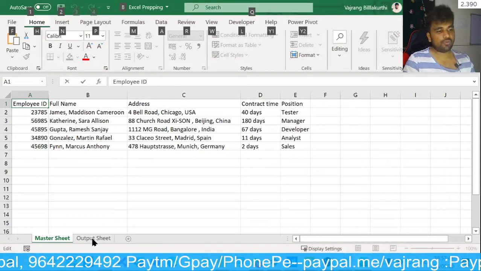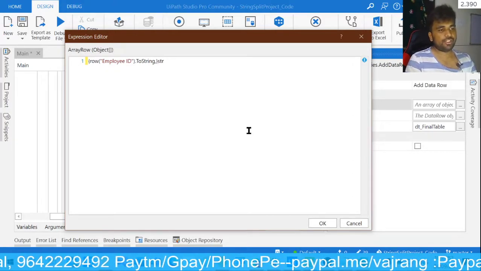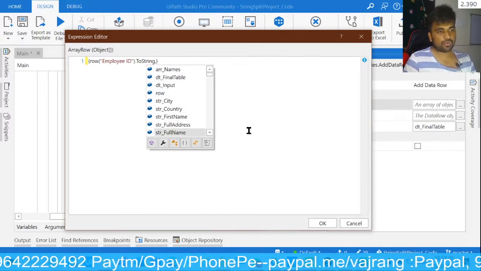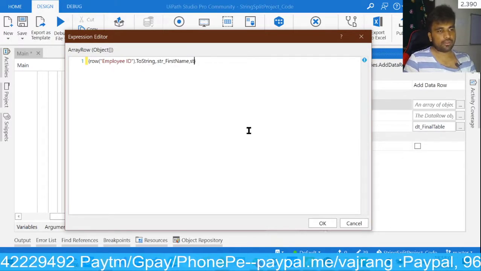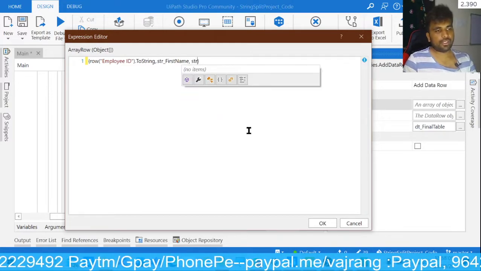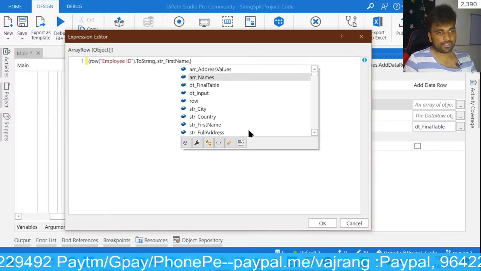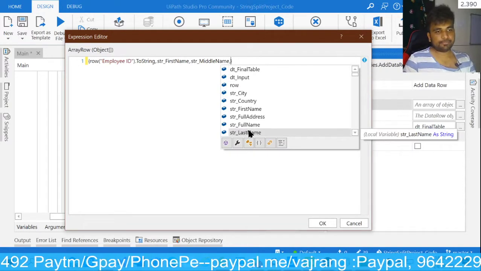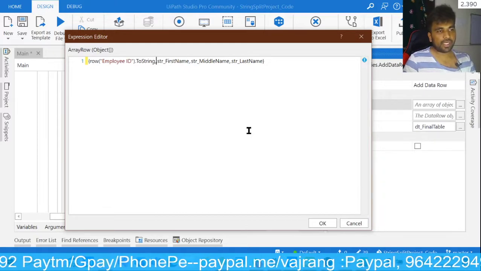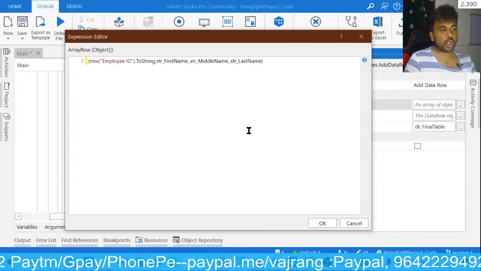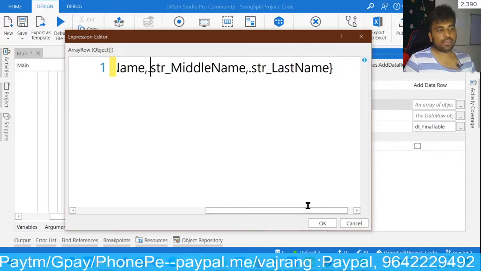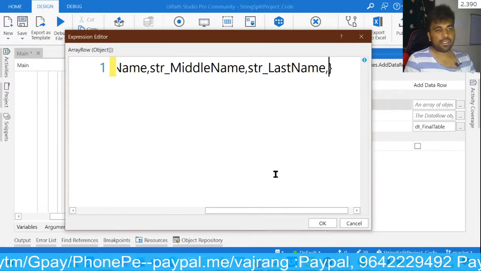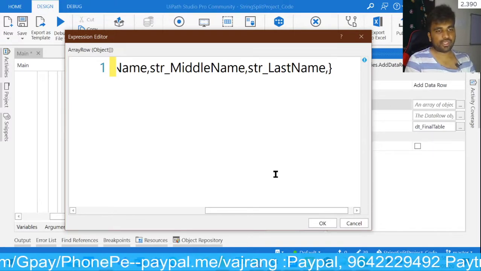And here we need to have first name, middle name, last name, str. Let's go ahead and give str. Okay, we have str first name, comma, str. Okay, since we are not getting the values, let's search for them. Str middle name, comma, str last name. So all the values should be separated by comma, and if you see here, there is a dot that's appearing at the end while we are using auto IntelliSense. So we should not have this dot or full stop. Let's add the other values, str last name, and then we can add str